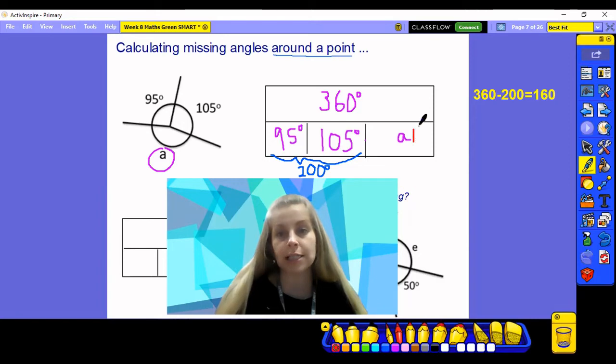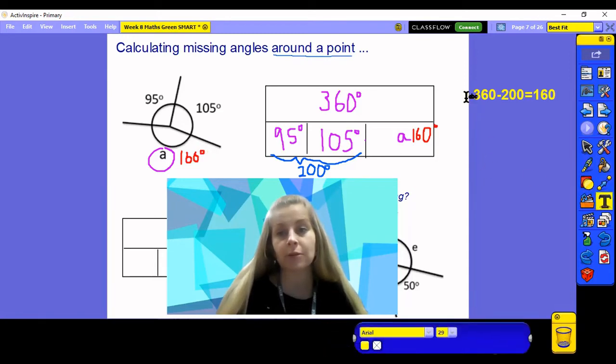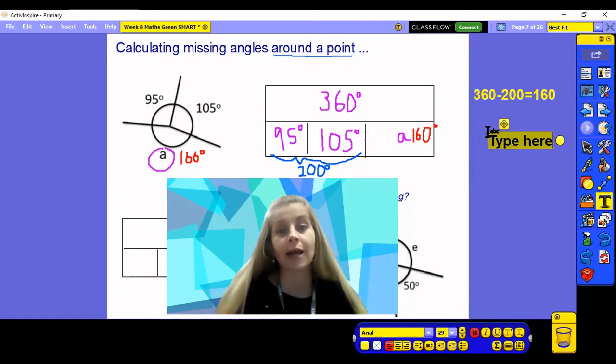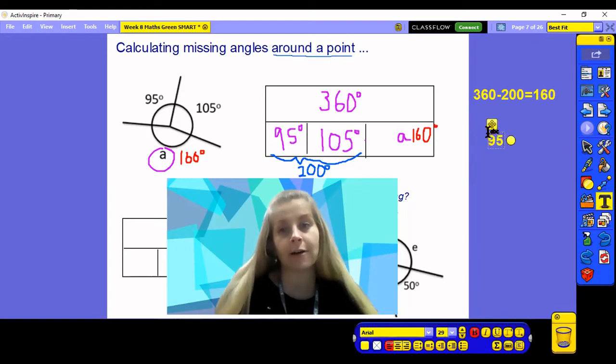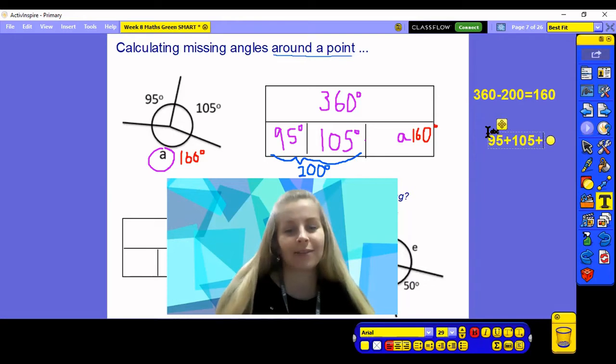So I've got my 160 degrees here, which is where that mystery angle was. I've got my 160 degrees back in my diagram here. And then I can do a bit of checking with my diagram, so I can check that if I added together 95 degrees plus 105 degrees plus 60 degrees, 160 degrees, apologise,